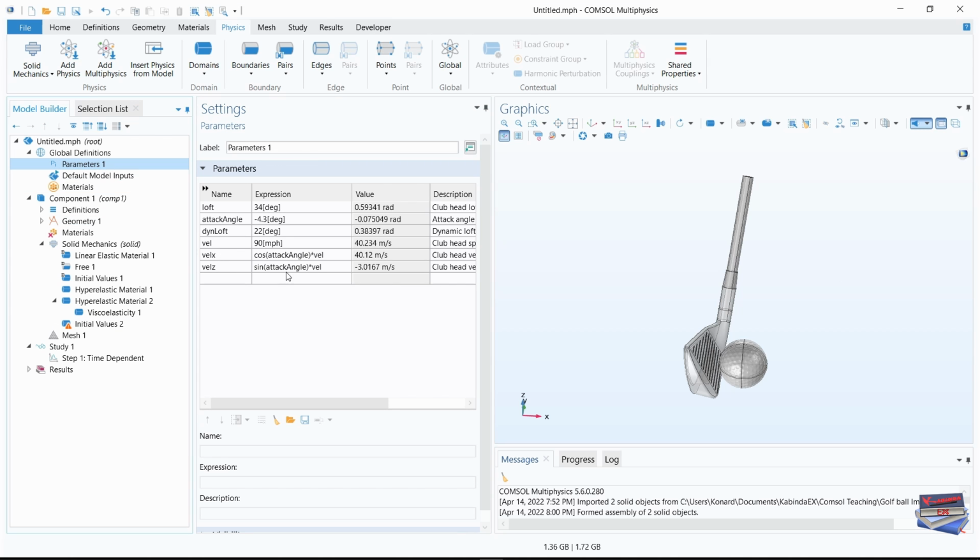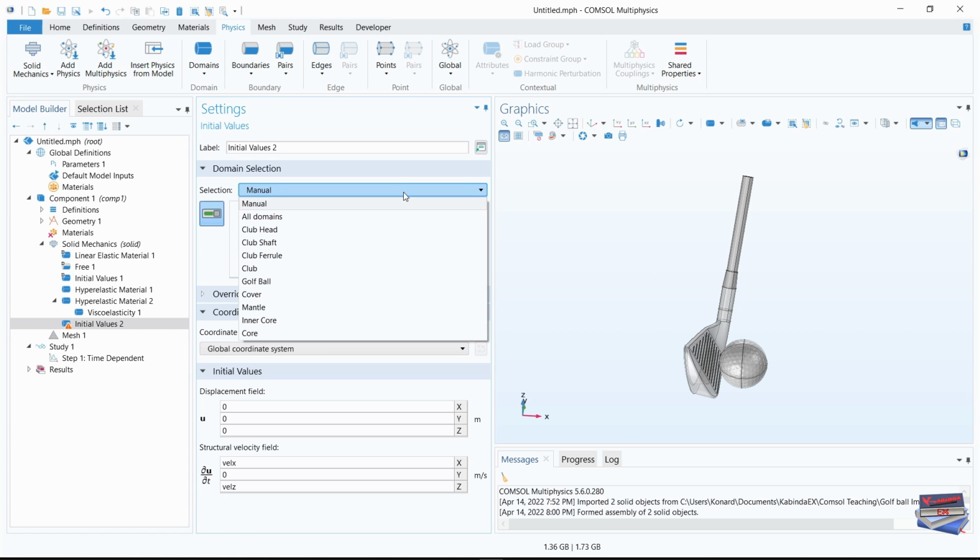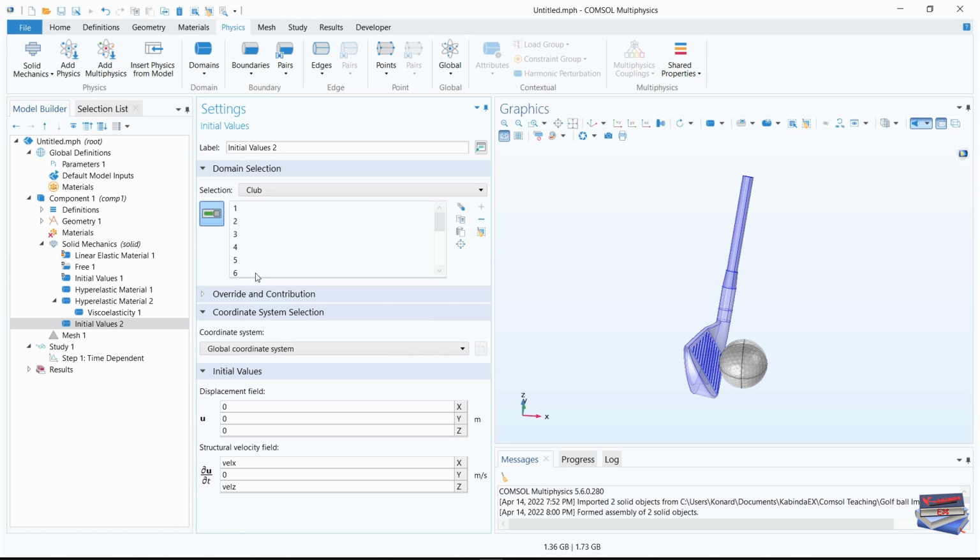And the expressions are already in, so that's basically automatically adding your expressions. So let's go up to the selection and let's choose club. Okay,